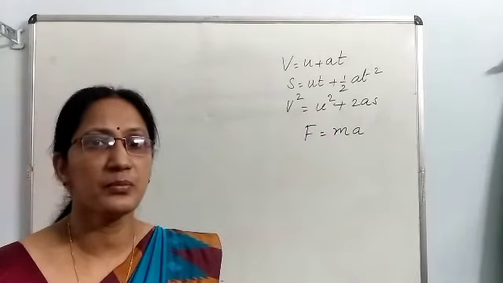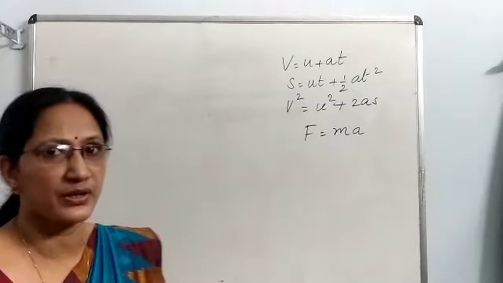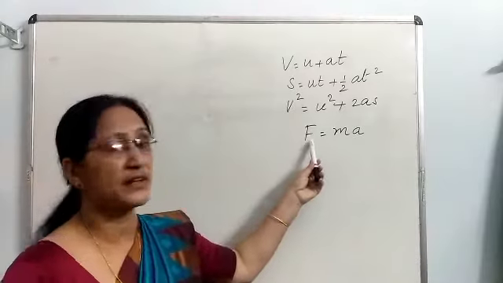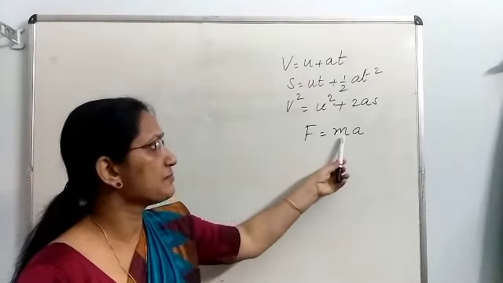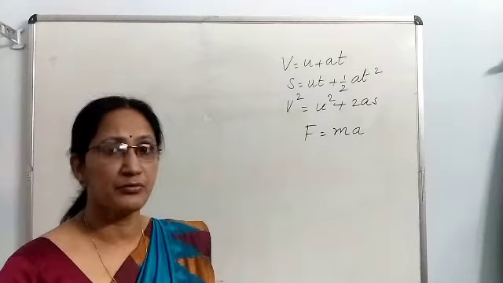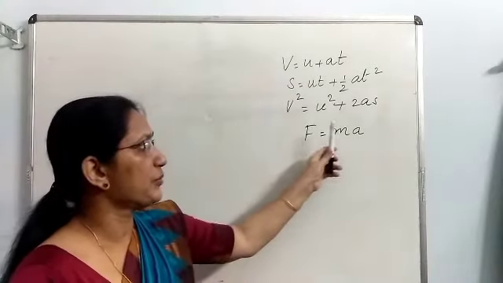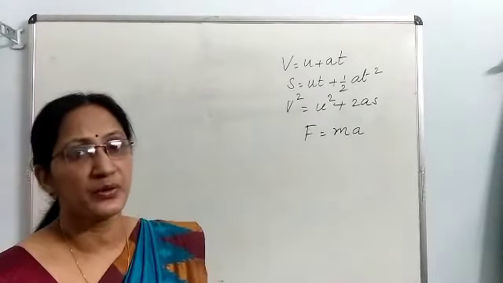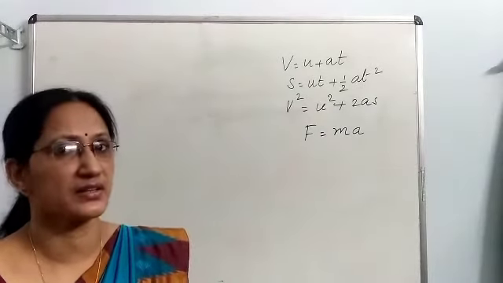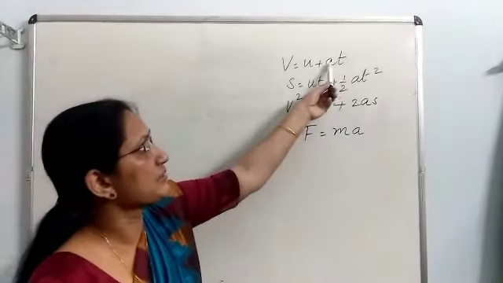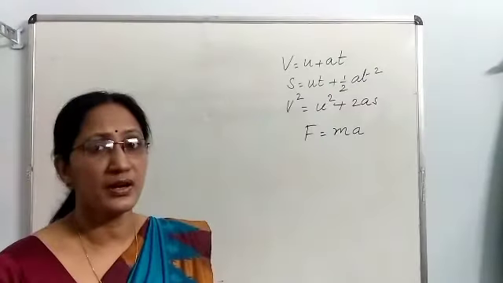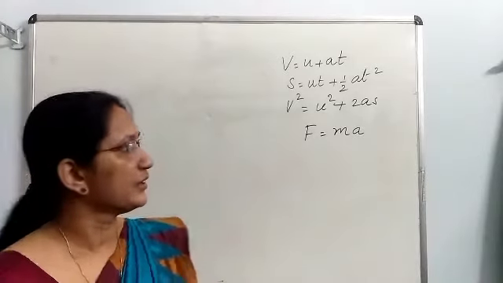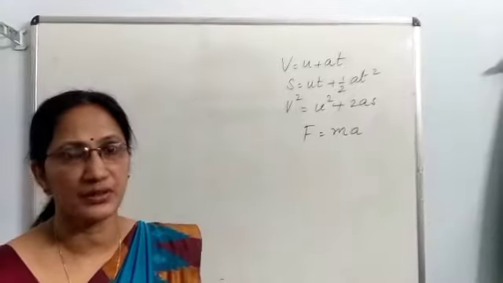Force acting on a moving body can be either accelerating force or retarding force. Accordingly, you have to choose the formula. If force is an accelerating force, formula is mass into acceleration. If force is a retarding force, formula is mass into retardation. Then how to find out retardation? It is the negative acceleration. You find out acceleration by using any of the suitable formula, then reverse its sign, then you will get the retardation. Now let us solve some sample numericals.